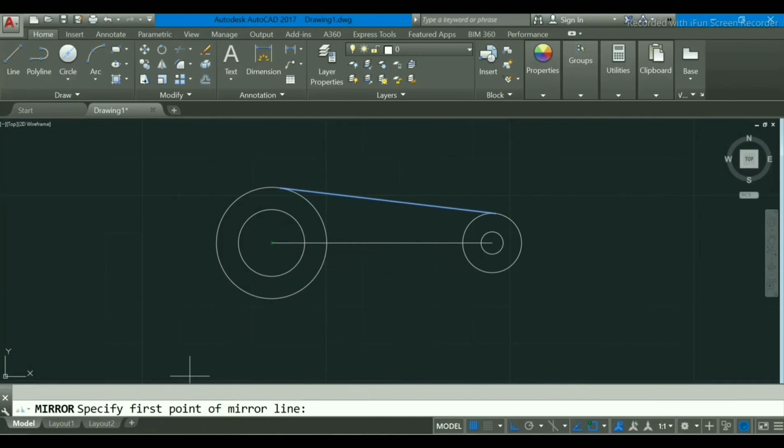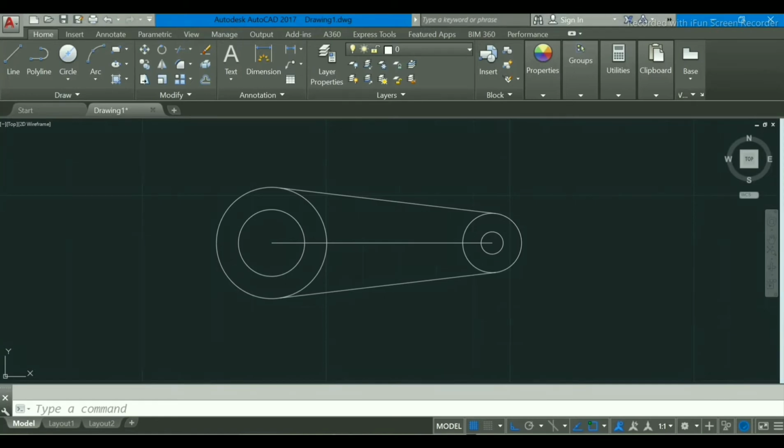In our command section, it shows specify first point of mirror line. I will select this first point, and the second point will be this. Then it shows specify second point of mirror line, so I will select this endpoint. Here it shows erase source object, so I will select no. Now we exit.